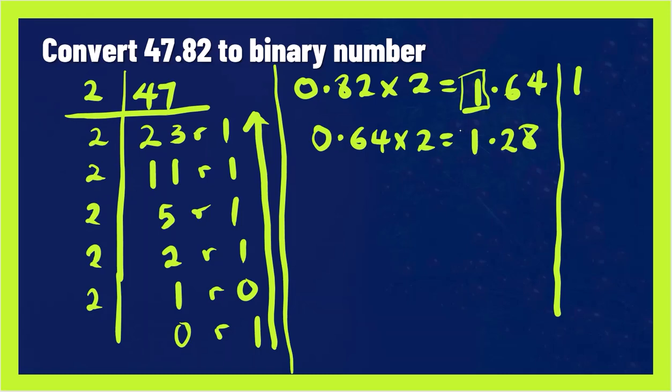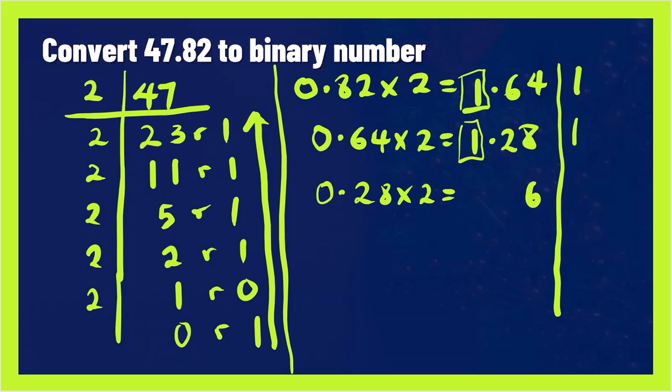So take out the integer part. That is 1. Write it here. Great. So anytime you encounter 1 on the integer part, all you need to do is to write down the fractional part. So the fractional part is 0.28, so we can rewrite that to be 0.28. Multiply this again by 2, so 2 times 8, that is going to give us 16, so we write